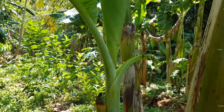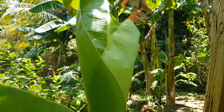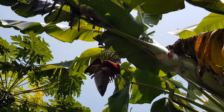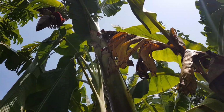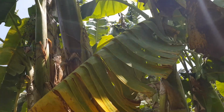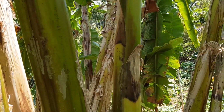And now I grow them plenty in my garden, and I'm still fascinated by these plants that are basically not trees, they are actually gigantic herbs. And it was also the first thing that I planted to start my food forest many years ago,